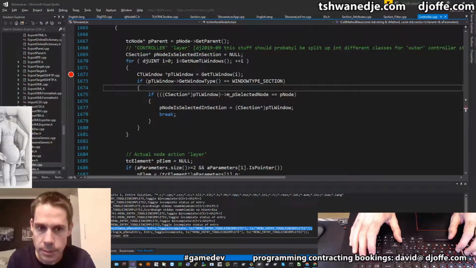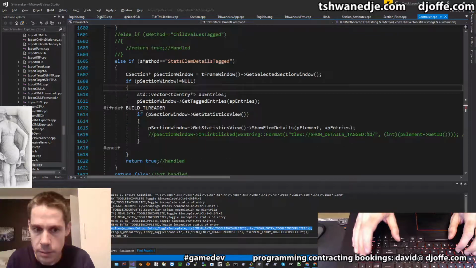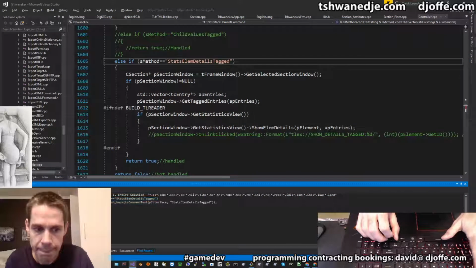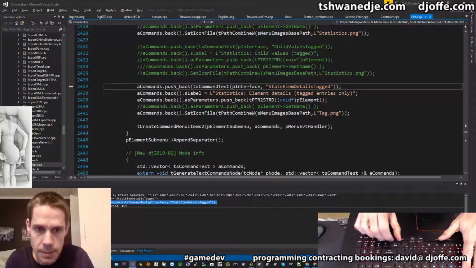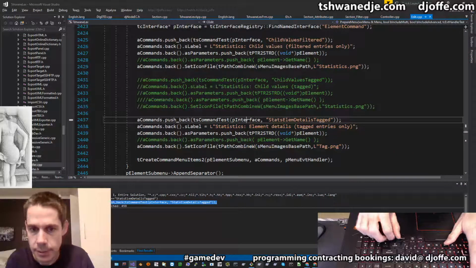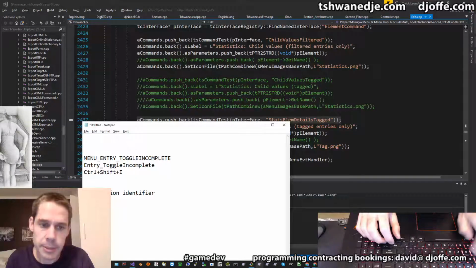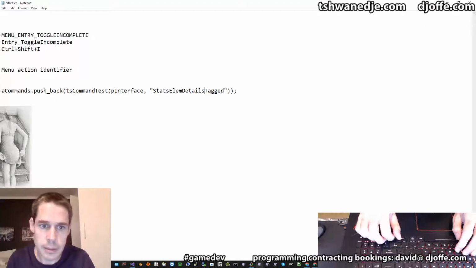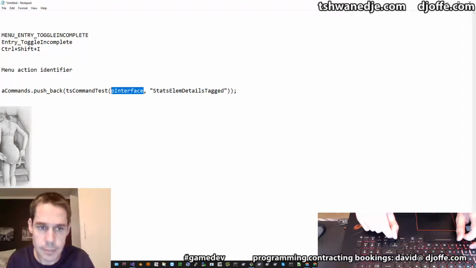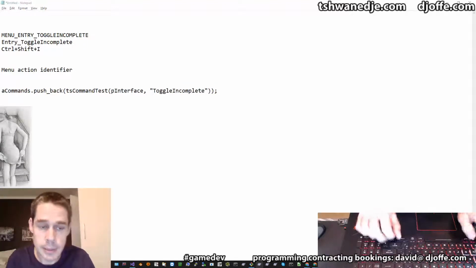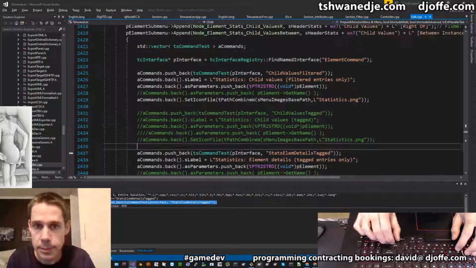For the controller, it's CVP. This stuff, this TS command test stuff. So we should have something like a toggle incomplete command linked to